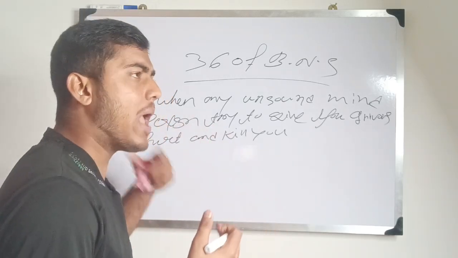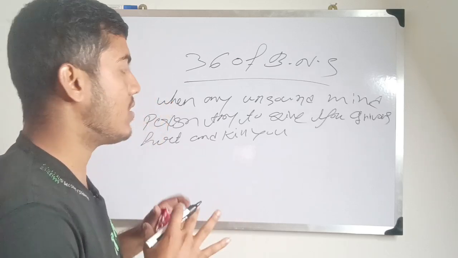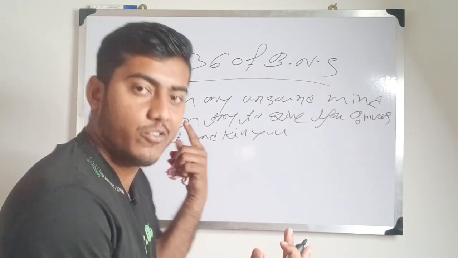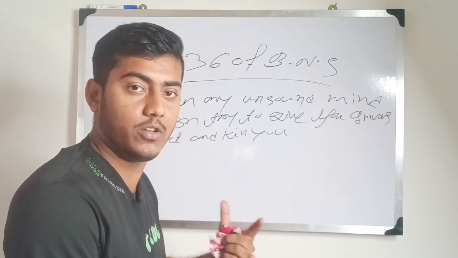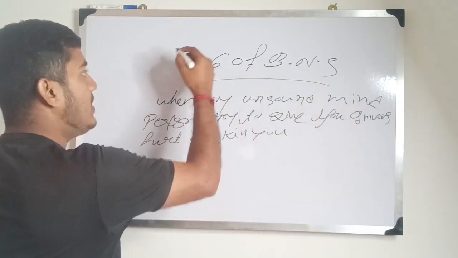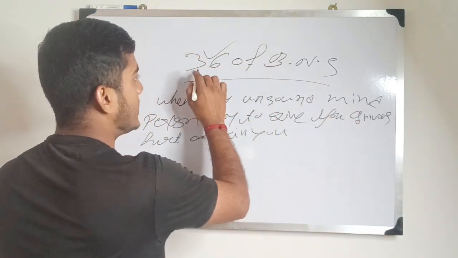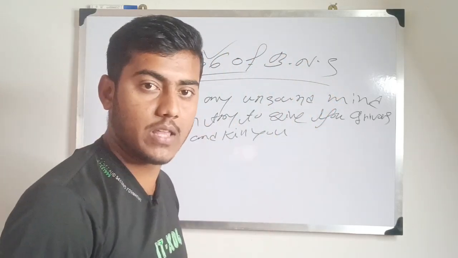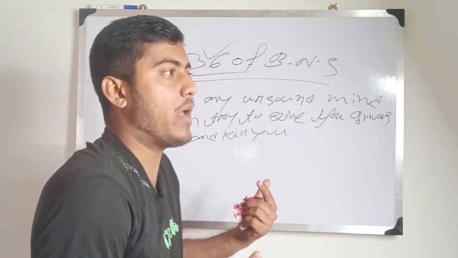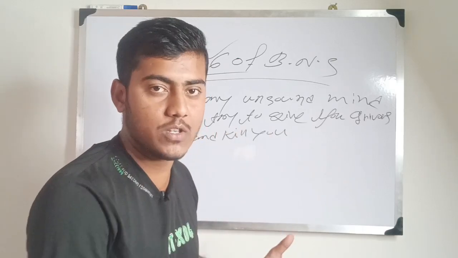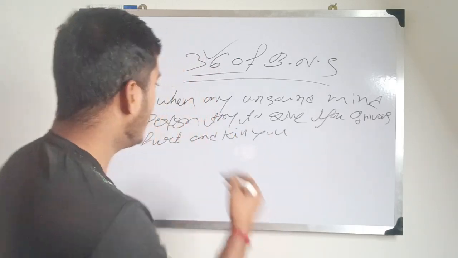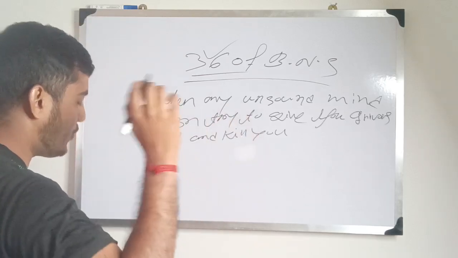And when you have an apprehension that if you do not perform your private defense, that person will give you grievous hurt and will kill you, then you have a right of private defense under section 36 of B.N.S., the Bharatiya Nyaya Sanhita. You can also perform your private defense against any unsound-minded person who is mentally ill, who is not mentally well. So that is exactly what it says, for example,